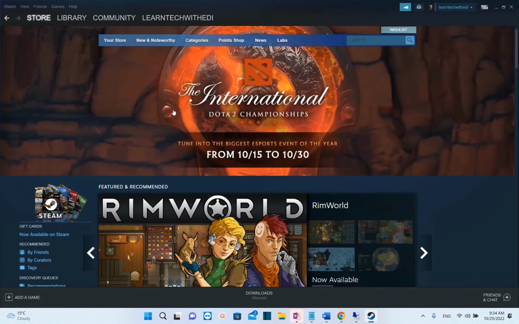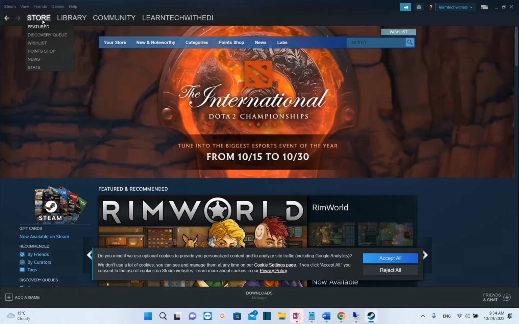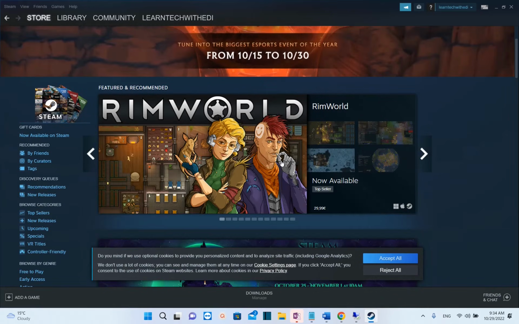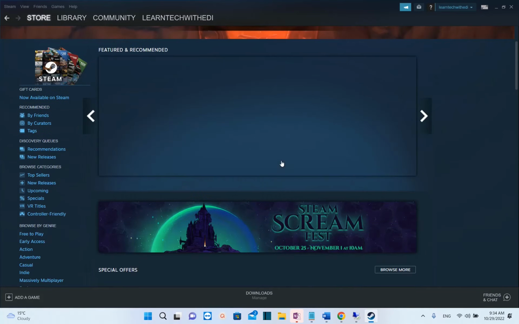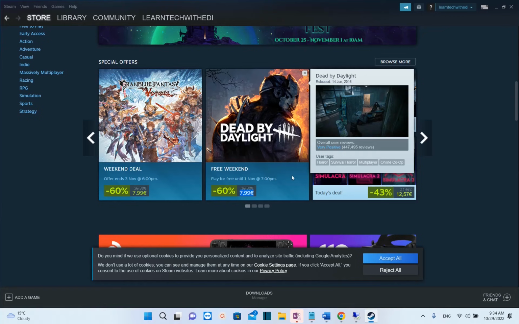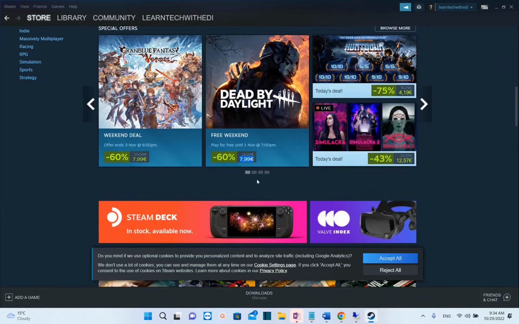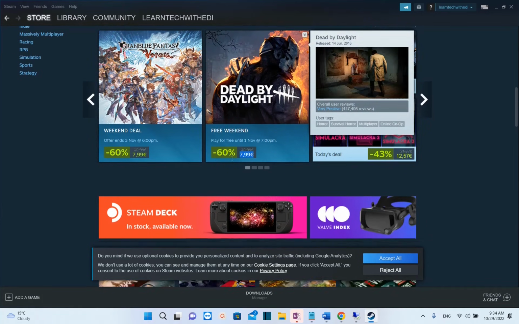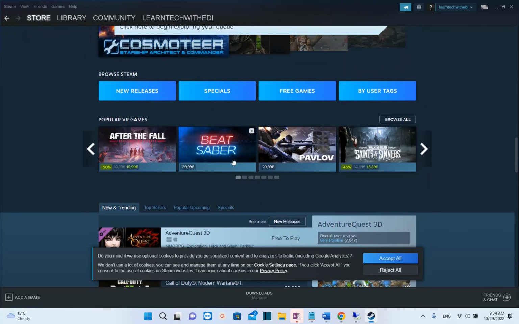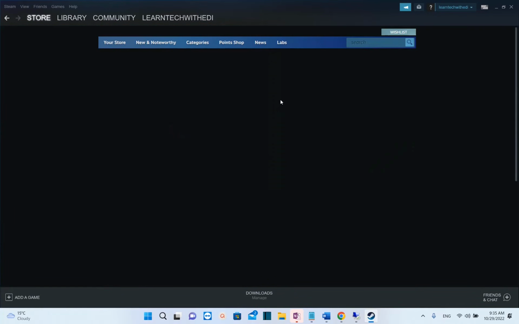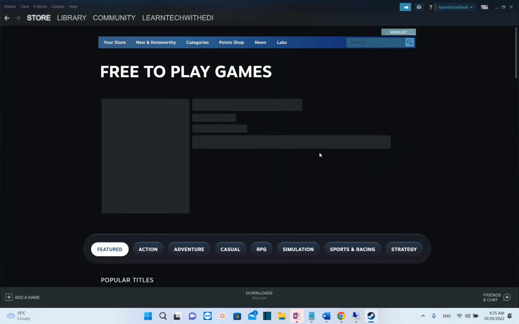If you want to see which games you can play on your PC, you click on store, and then over here you can see all the games that you can play. You can see also over here the prices. So for example, this one has a 60% discount, etc. But you can also select free games and it will show you the free games that you can play